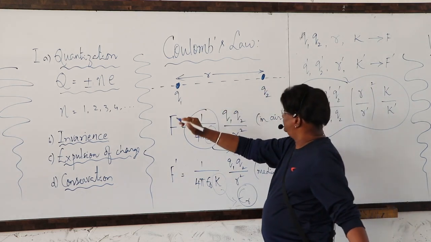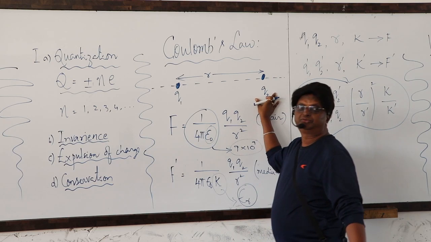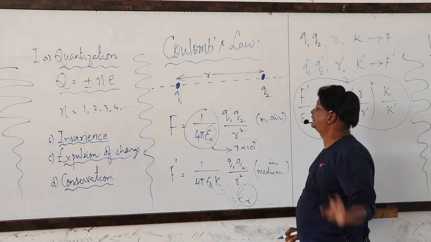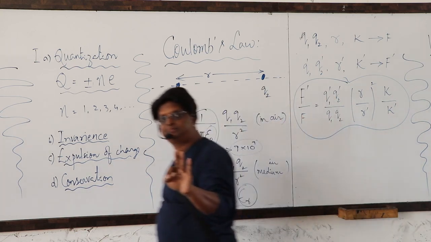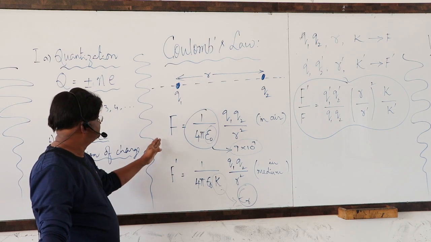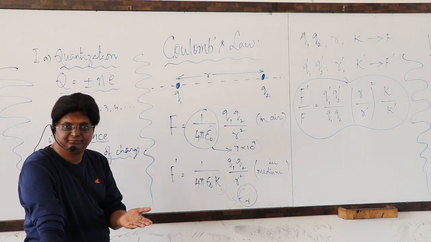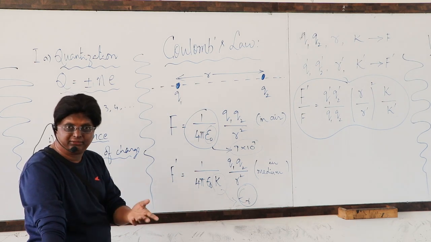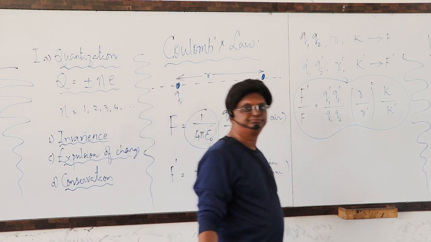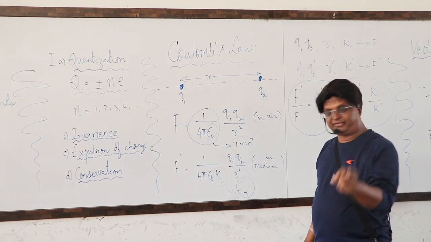See how many parameters are there here. Q1, Q2, the two charges. R is the distance term, and then the medium is the third term, the fourth term is the force. Now in this case, any of the parameters change, either 1 or 2 or 3, and you are asked to find the changed parameter. That kind of example was quite popular. And the same I have shown you here.